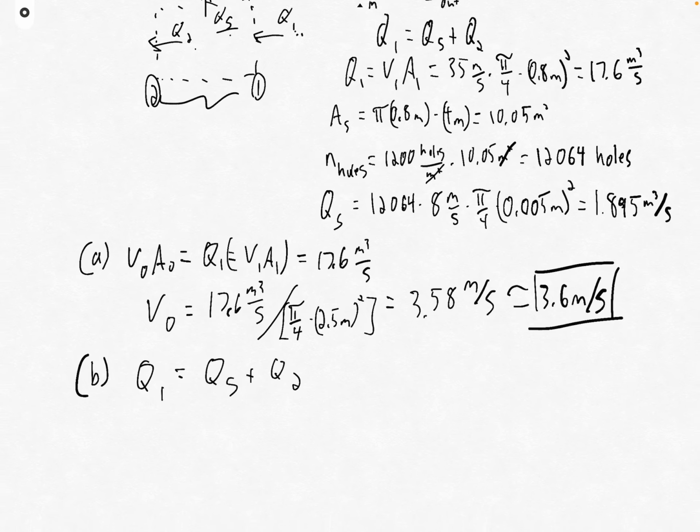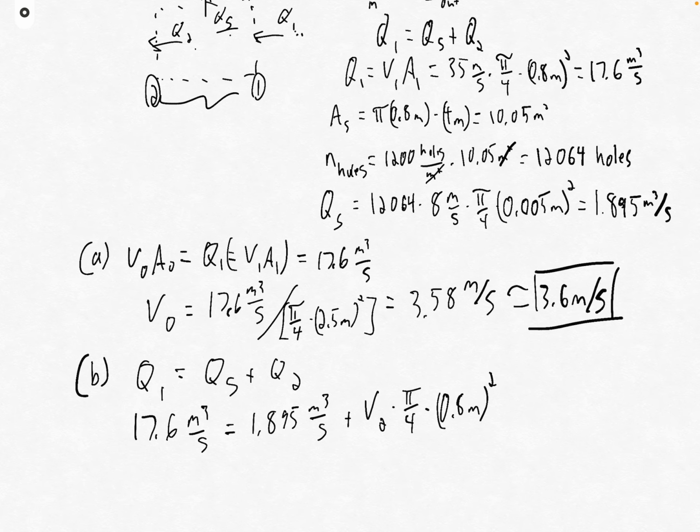In this case, we know that Q1 is 17.6 meters cubed per second, which is equal to 1.895 meters cubed per second plus V2 times A2, which is just going to be pi over 4 times 0.8